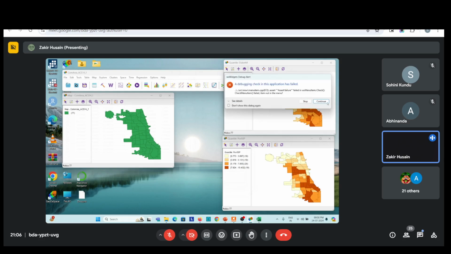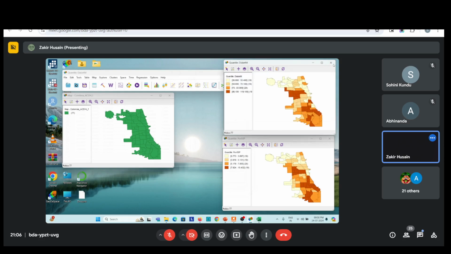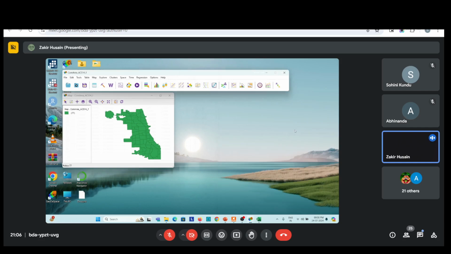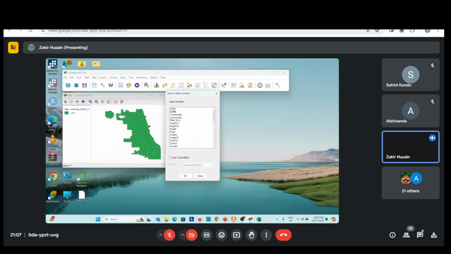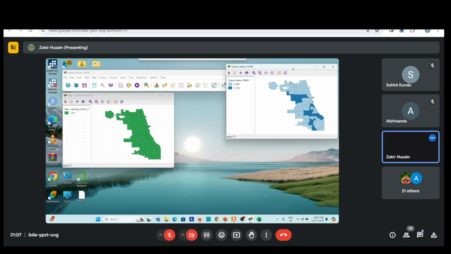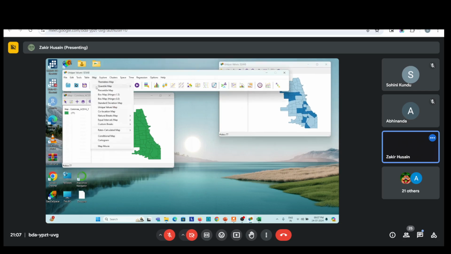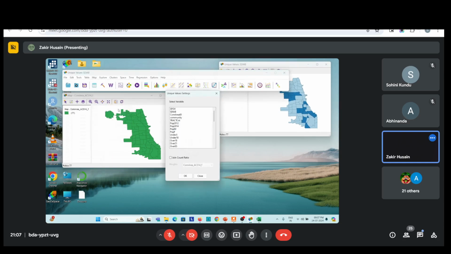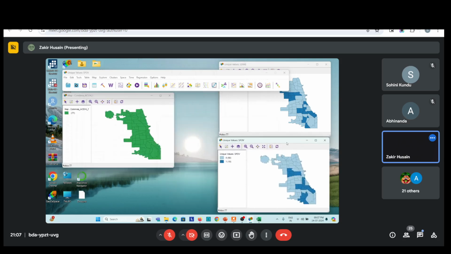So I don't need these maps. So let me close them. What I'll do first is I'll create unique values map for both diabetes and